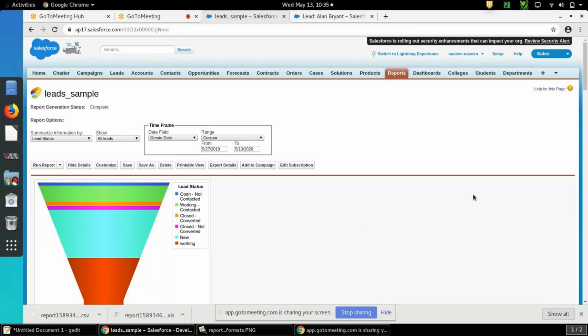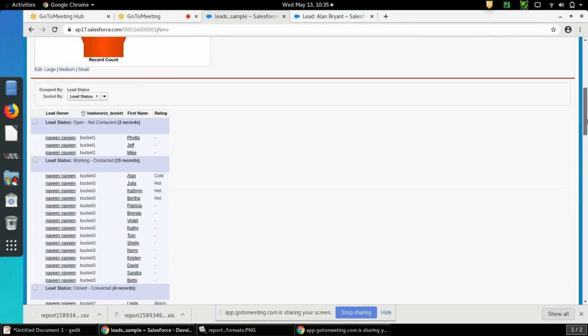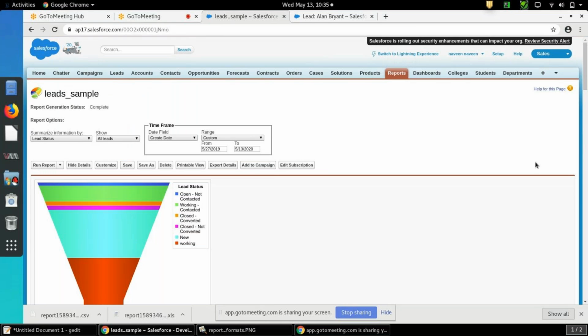So this is how you can create a report, and report format we have seen, and row wise grouping, column wise grouping, and bucket fields we have seen. Bucket fields actually will avoid creating some additional custom formulas. So if you want to group or categorize the records based on some country, or some region, you want to track the sales in your organization, you can create bucket field. It will not affect the actual database, so it will just appear in the report.